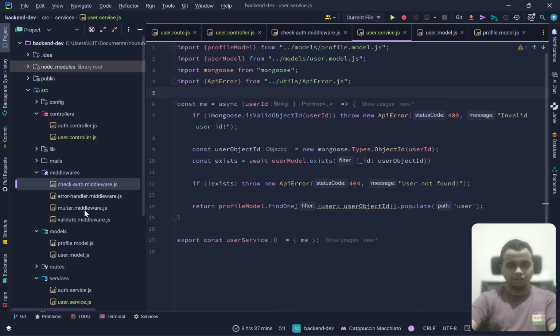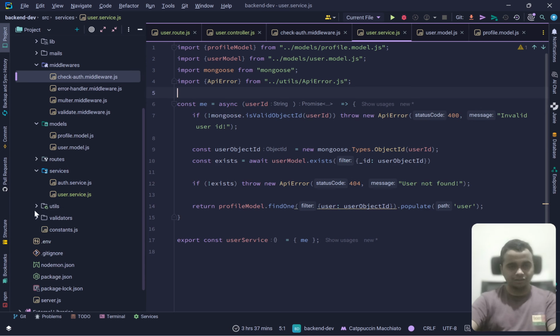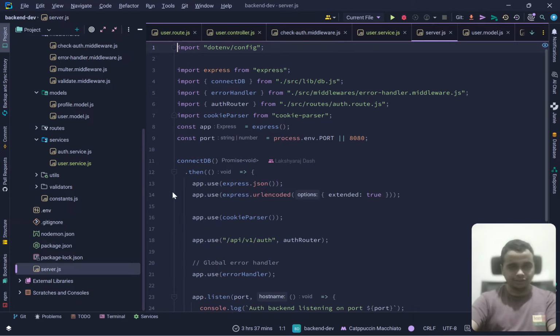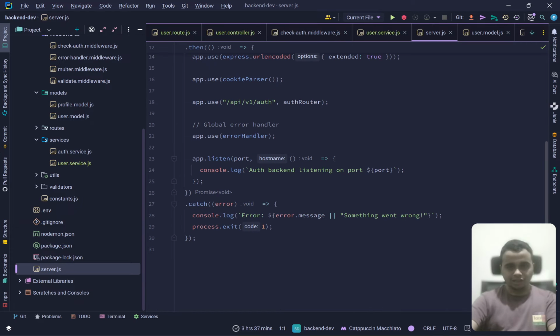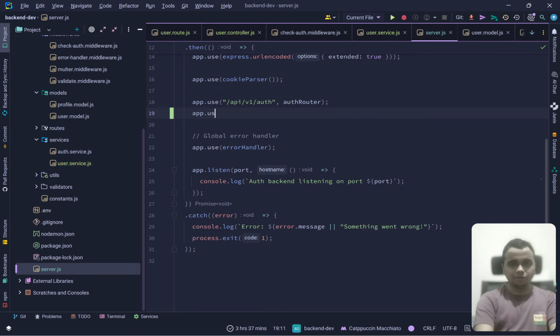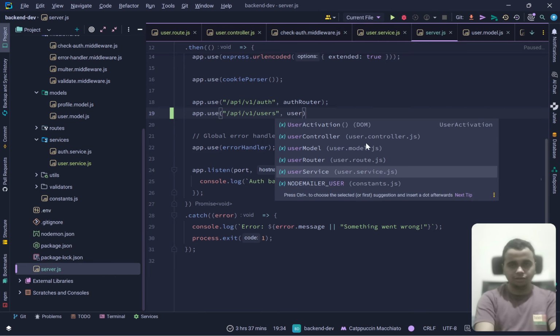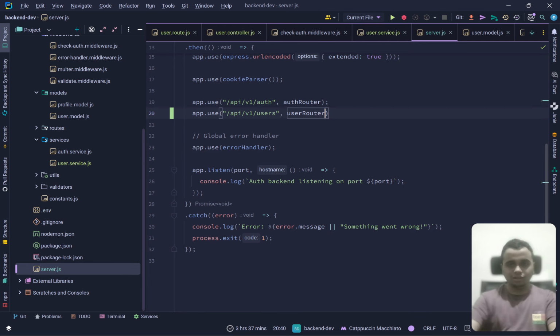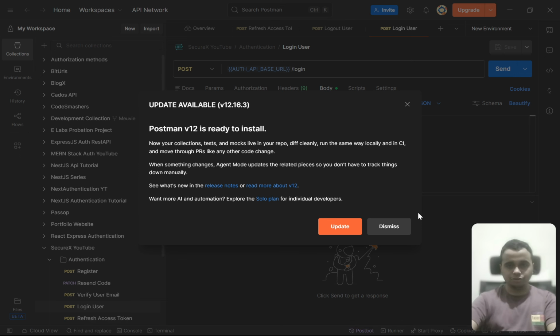Now inside my root server.js, here is the server.js, and here I will go ahead and write app.use slash api slash v1 slash users, and I'll write here user router. Save this. And if I go into my Postman,